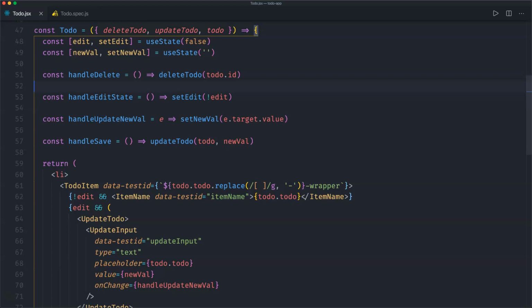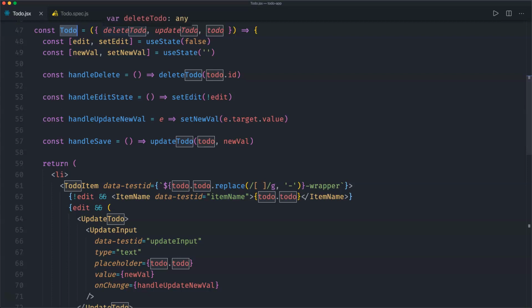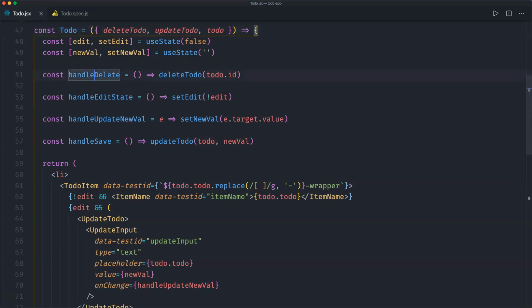The last component that we'll test is our to-do component. This component has three dependencies: a delete to-do method, an update to-do method, and a to-do object. This component utilizes four methods: handle delete, which will call a delete to-do method, passing the to-do ID; handle edit state, which will call the set edit method,